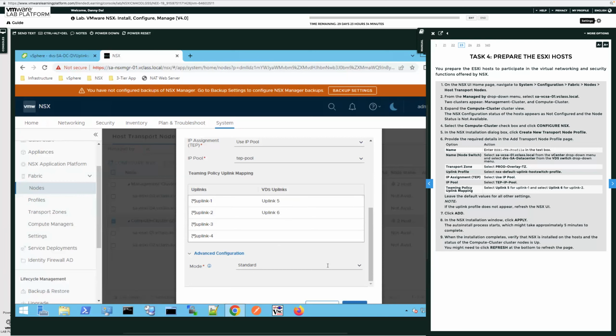And mode is, you can select standard or enhanced data. Enhanced data path is only for NFV, right? For performance uses. So just leave it as it is, and click OK,